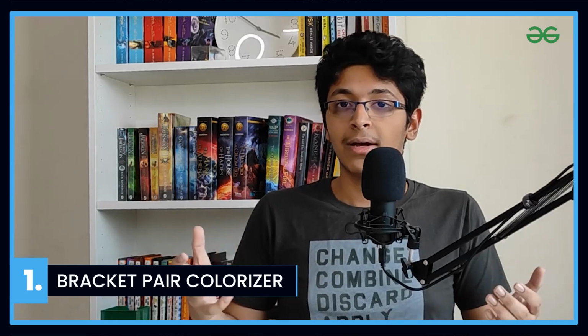So whenever you're making an application, maybe you want to have the boilerplate as default, so you can do that. Or let's say you want things to appear in a certain way, you can do that. So all of these things are available at your disposal once you get all of these extensions. And in this video, I'll be talking about the top 5 extensions that you should know in 2021, starting off with the first one, and this is going to be Bracket Pair Colorizer.